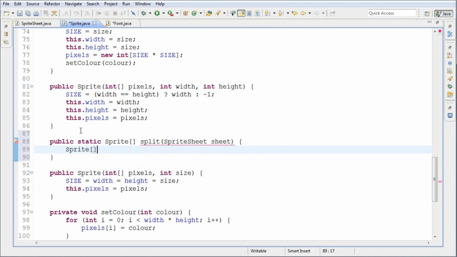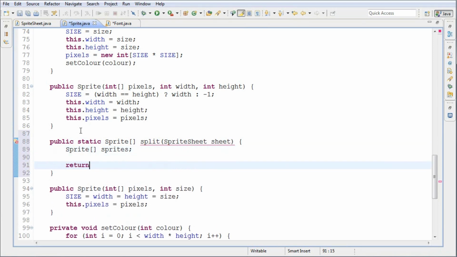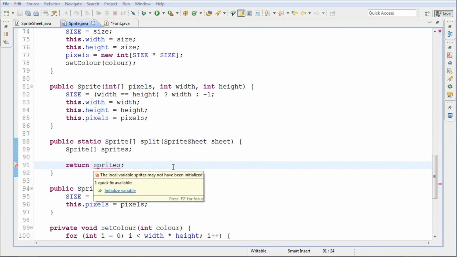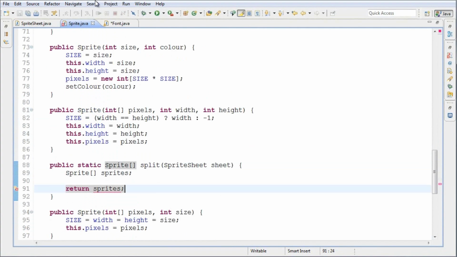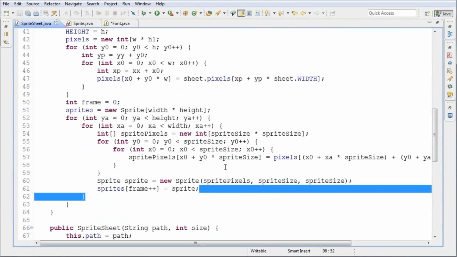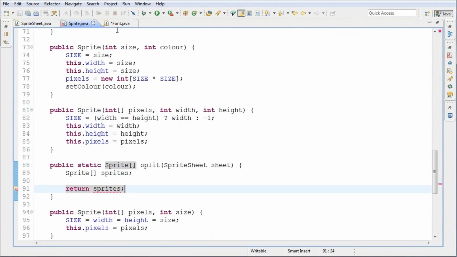So let's straight away type in sprites and then return sprites. All right. So straight away, we'll type in what we want to return, okay? This will tell you how it's been initialized. Don't worry, we'll initialize it eventually anyway. So basically, let's start writing this algorithm. It's going to be another one of these algorithms like we had in the Sprite Sheet, like this one here, but it's going to be a bit more simple, so don't worry. Anyway,